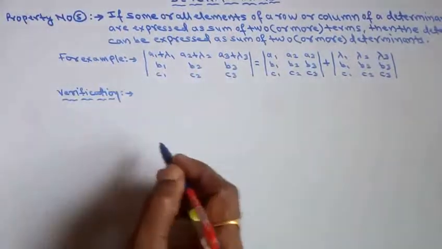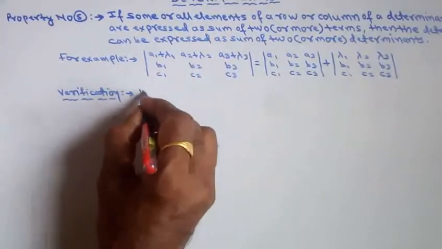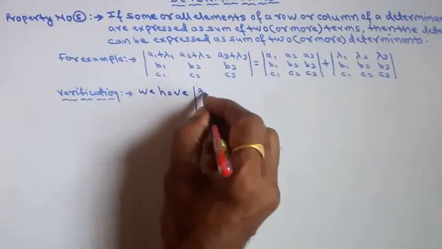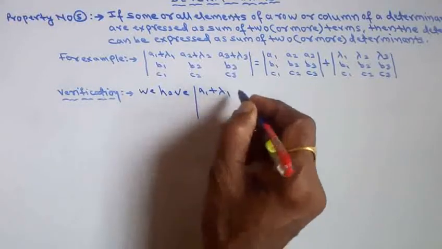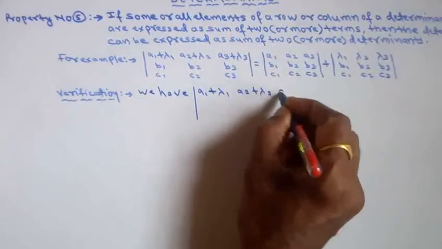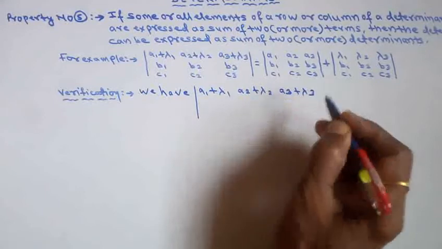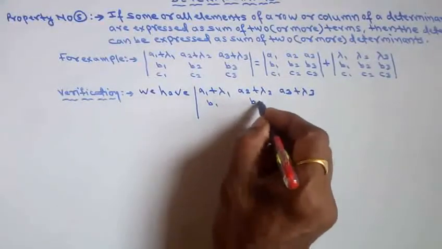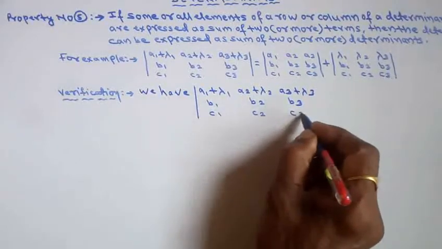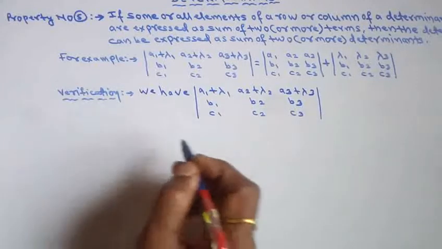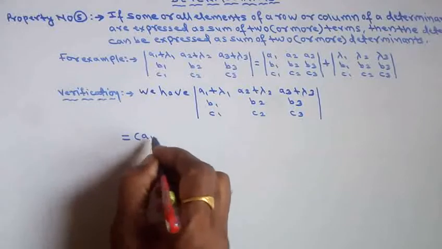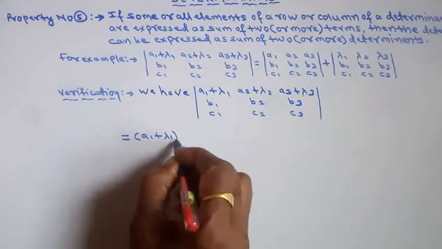I am solving this left hand side. Okay, we have a1 plus lambda 1, a2 plus lambda 2, a3 plus lambda 3, b1 b2 b3, c1 c2 c3. Okay, now expand this determinant along its first row. So what we get? a1 plus lambda 1 into